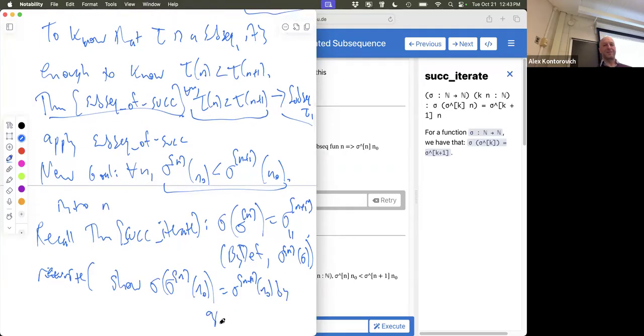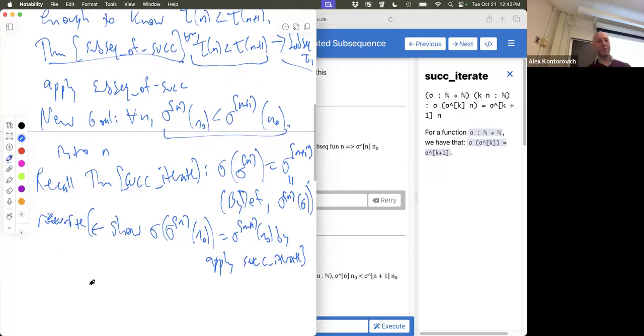By apply this theorem, suc iterate, the successor of iteration. Here's the problem. Remember, with a rewrite, you look at the left-hand side. And it's not going to find sigma of sigma to the n. Sean. So you do a backwards rewrite. If we backwards rewrite, then it's going to look on the left-hand side. It will find that. And the new goal